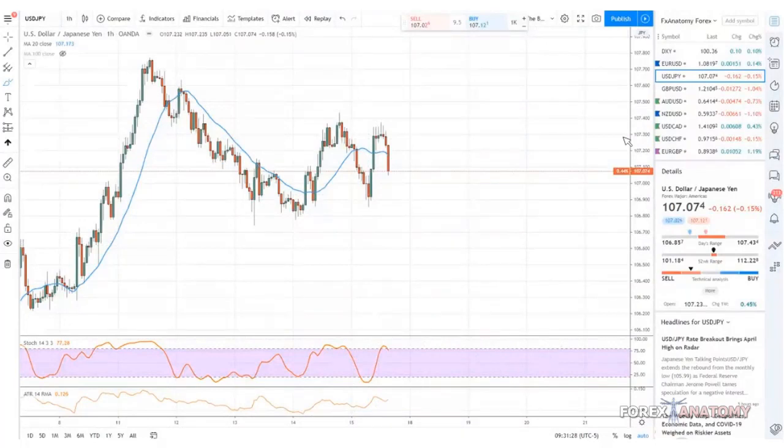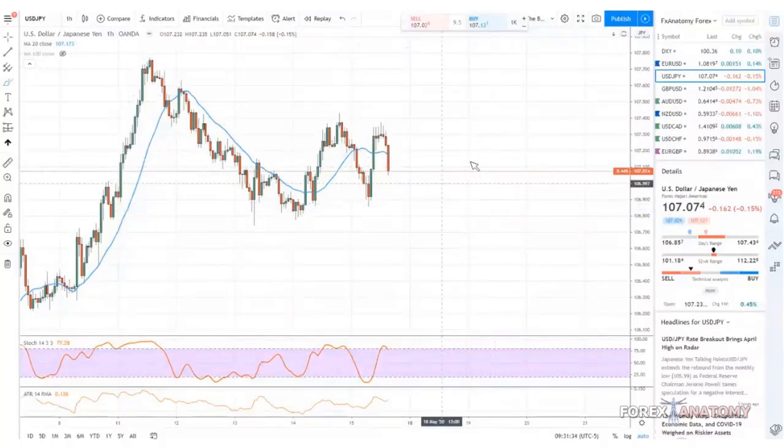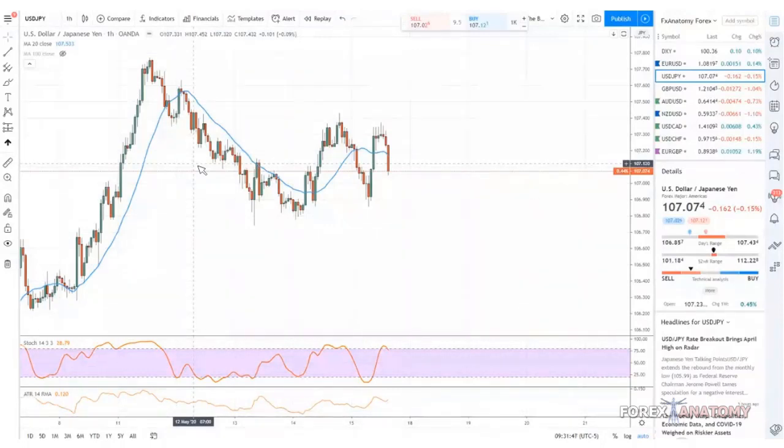Okay, so I just want to explain this briefly because we have a lot to cover today. Right now we're looking at the U.S. dollar versus the Japanese yen. Each currency pair is one currency versus the other currency. In this case, it's the U.S. dollar versus the Japanese yen, and what you're trading is the exchange rate.